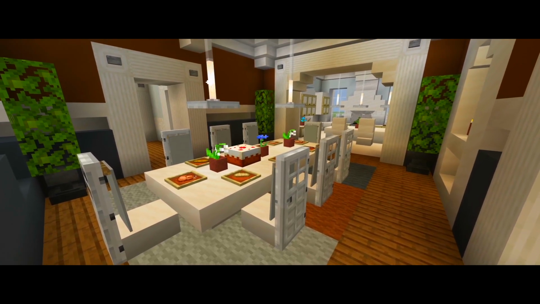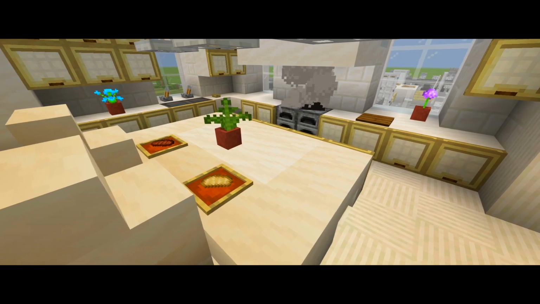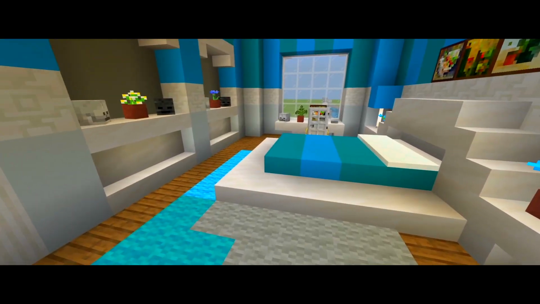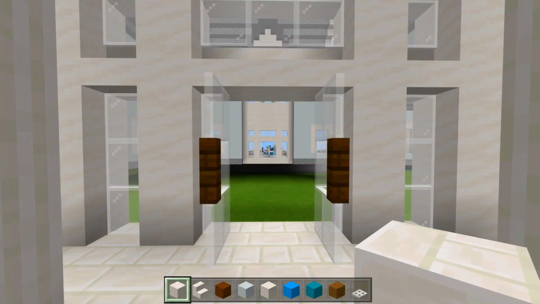Hey guys, I'm back with part 7 for this tutorial on how to build this mansion. Here in this one, I'm going to be doing half of the interior layout for the first floor of the house. So I gathered up all the blocks we're going to be using in this video,